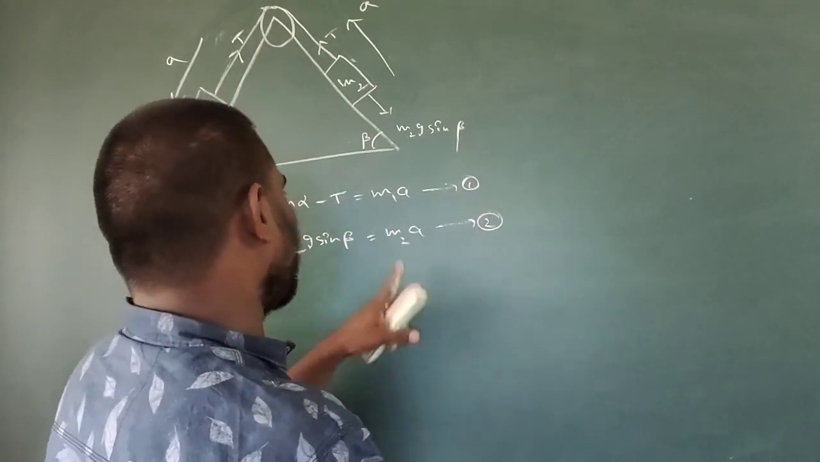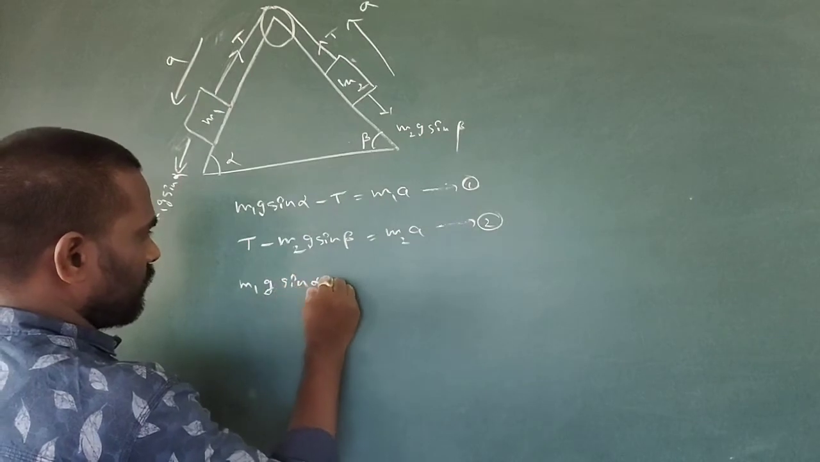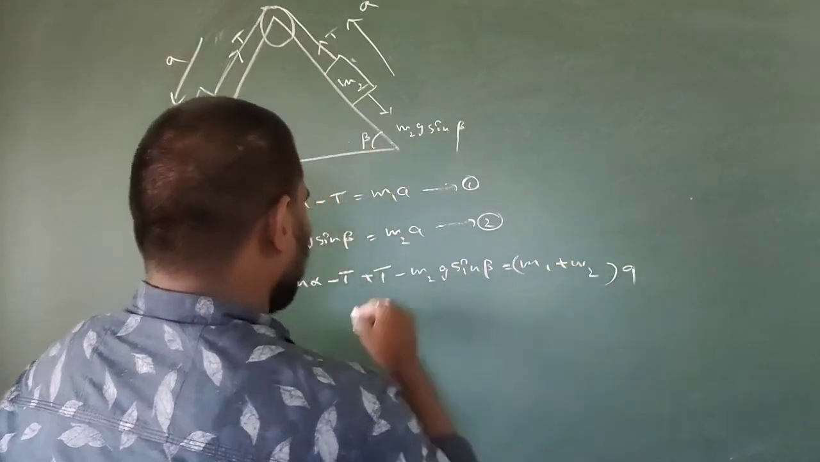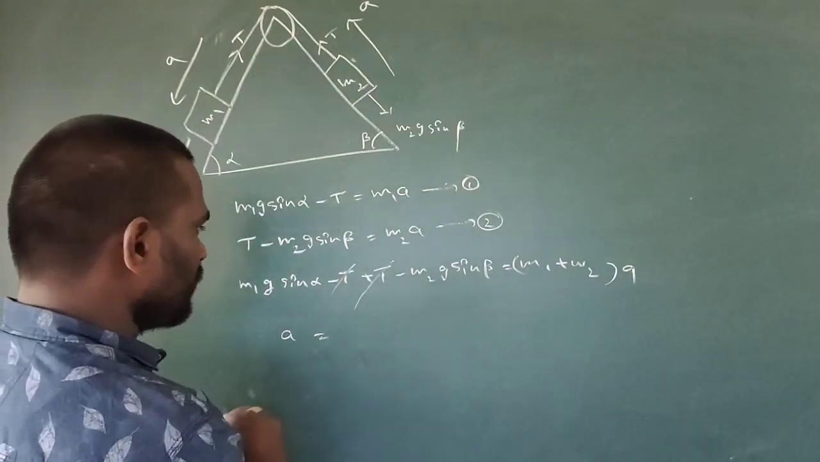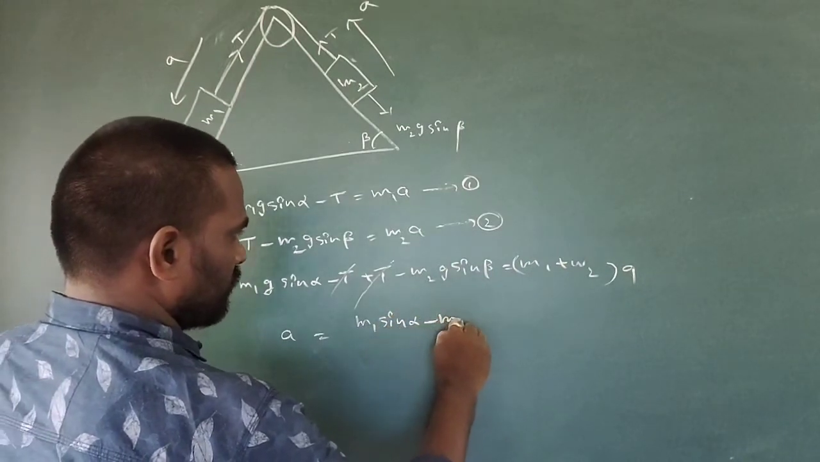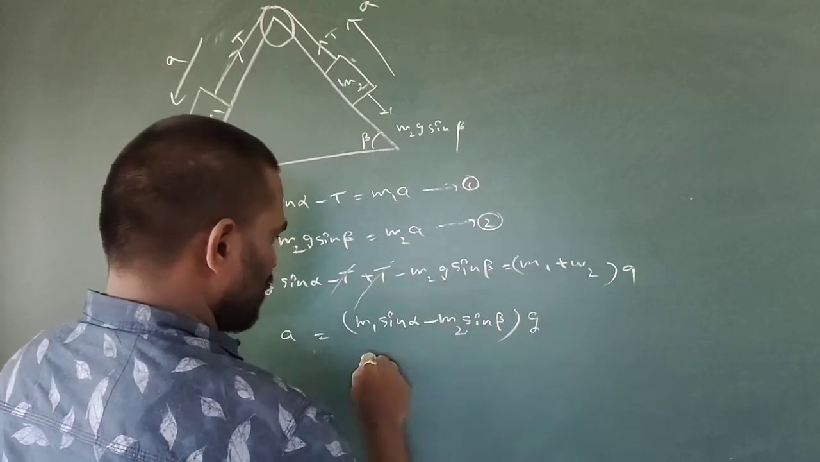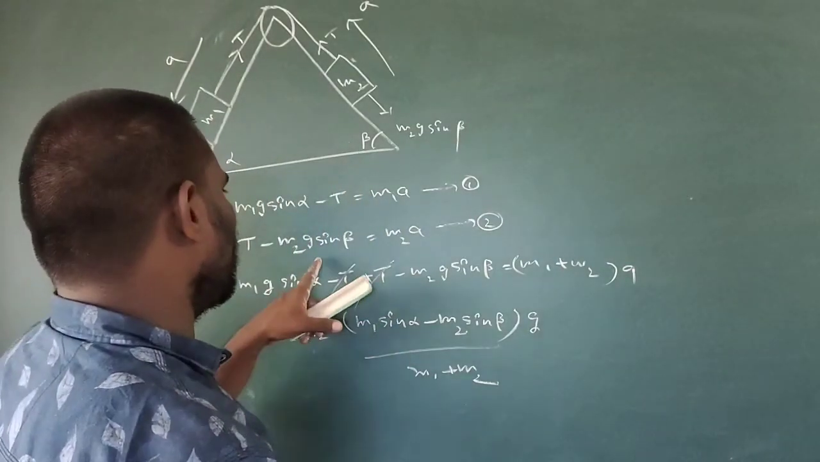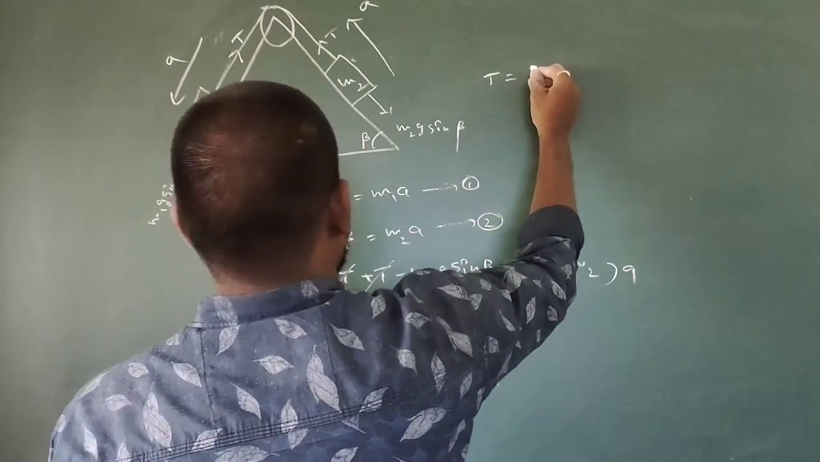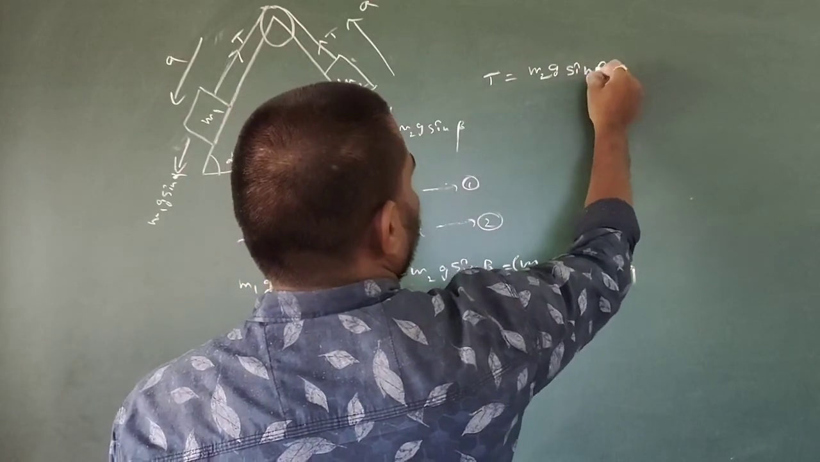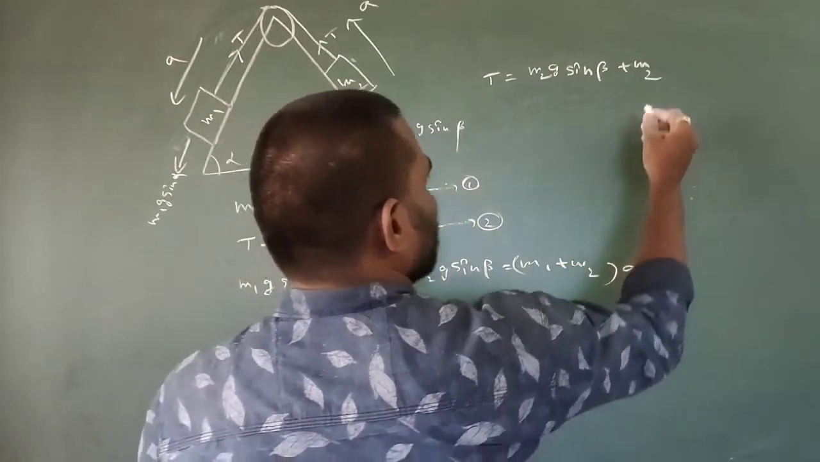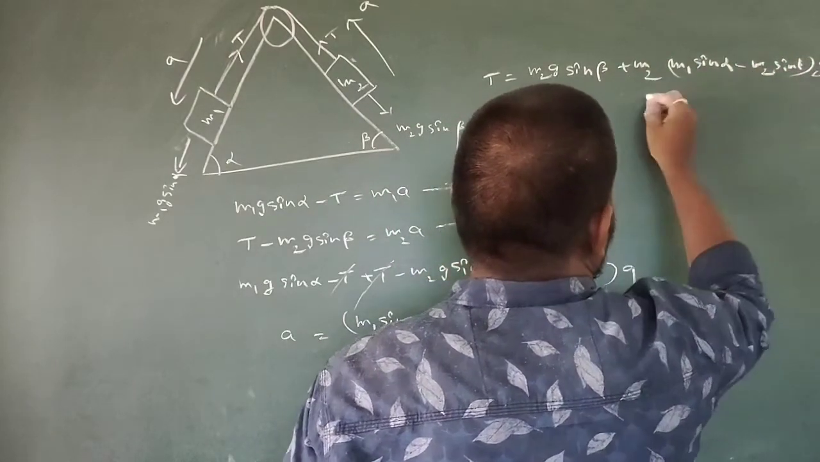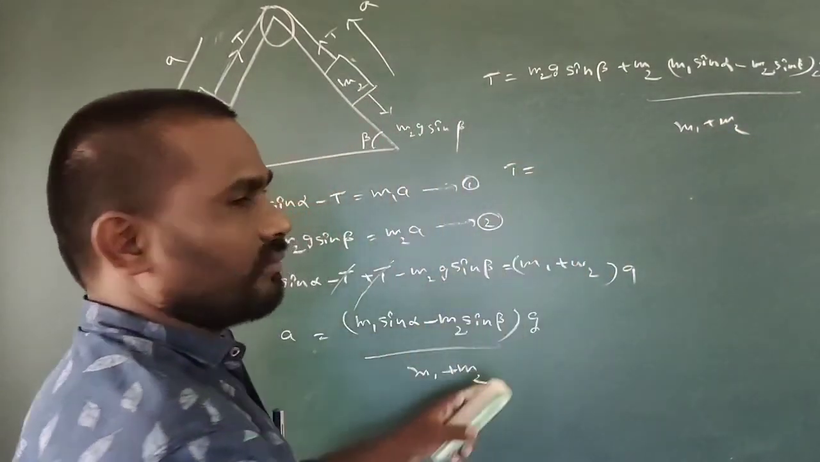From equations 1 and 2, adding these two equations, m1g sin alpha minus T plus T minus m2g sin beta is equal to m1 plus m2 into a. Finally, minus T plus T cancel. Finally, acceleration a is equal to m1 sin alpha minus m2 sin beta into g by m1 plus m2. On substituting this acceleration in any equation, we will get the tension. From equation number 2, T is equal to m2g sin beta plus m2 into a, that is m1 sin alpha minus m2 sin beta into g by m1 plus m2. Finally, taking the LCM m1 plus m2, then here